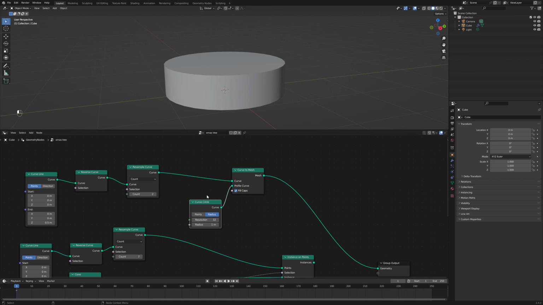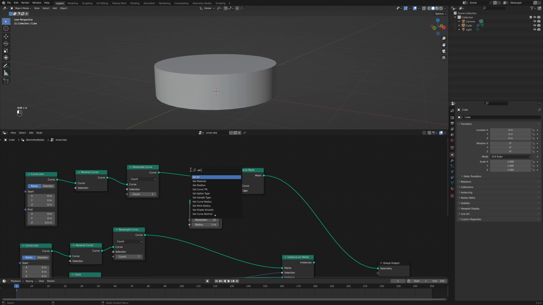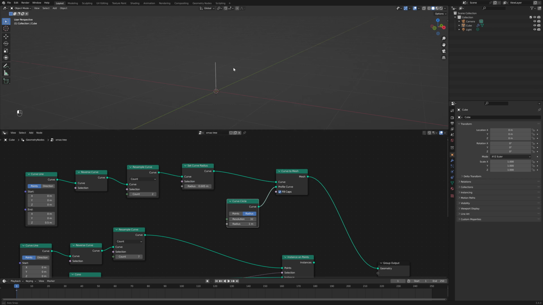You also want to fill caps, but that is way too thick. So we're going to do set curve radius right down there. And now that's too thin, and we also want this to taper slightly. My original version didn't, but then